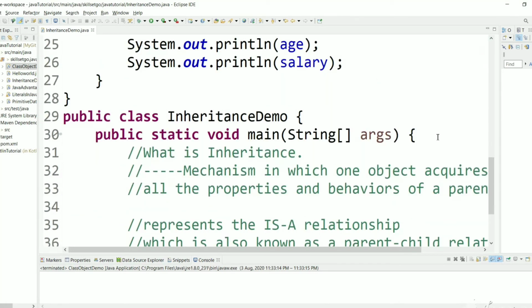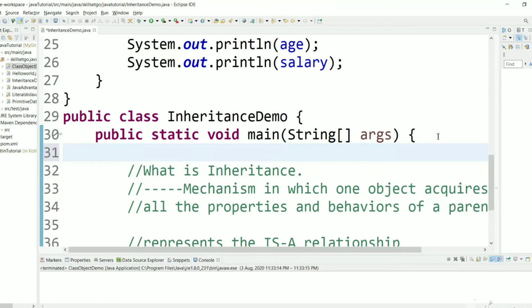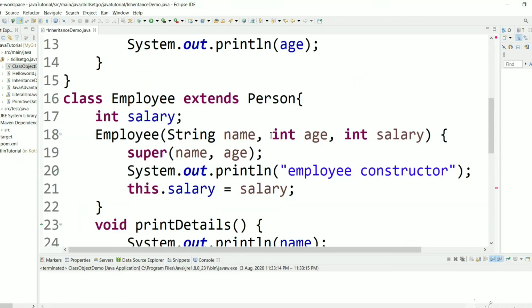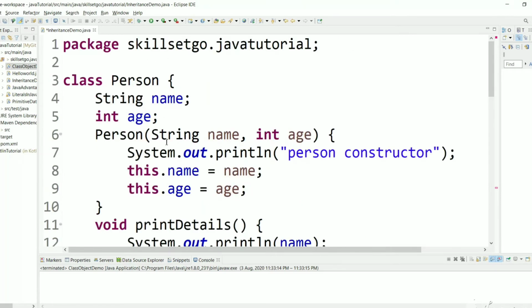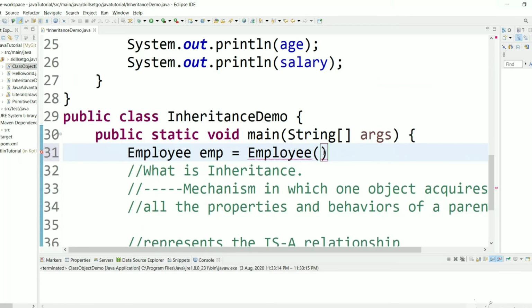Let's create an object of Employee, emp, and we will use the constructor Employee, and we will pass name, age and salary, and this name, age will be initialized here. Name demo, age and salary.